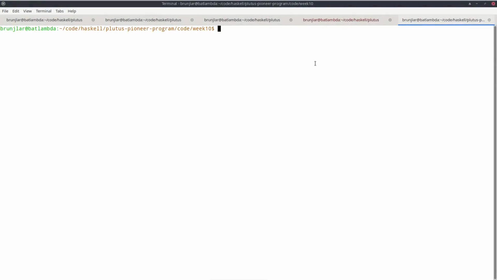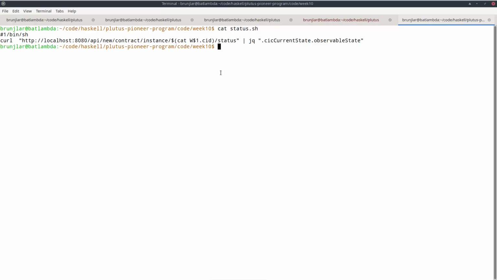Finally, I want to show how to do this without Haskell, the front end, and just use something like curl, because somebody in the Q&A asked for that. So let's see. I have, for example, status.sh. You will also find that in the code folder. And I expect one argument, that's the wallet, and then I just curl to this URL and I interpolate the content of that file, the correct wallet file given by the first parameter here, and status.